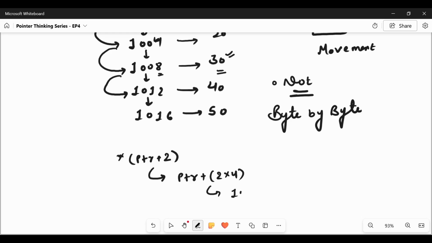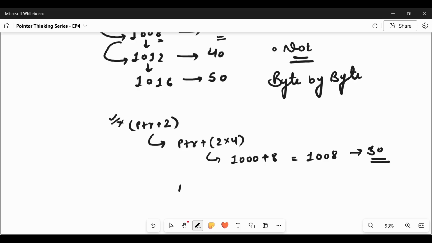So it will become 1000 plus 8, that will correspond to the 1008 location, and we are printing the value present at that, and we will get the value 30. In the assembly view, it will be read memory 1008.